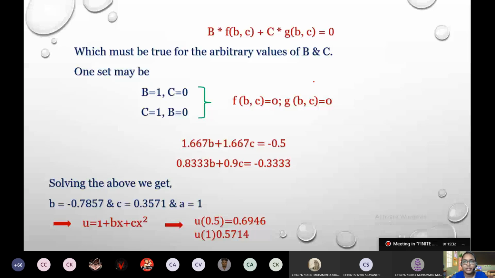I have just told you that this problem is to understand how the Galerkin method is used in solving the problem. How do we take weighting functions? How do we take the approximation values? How are specified values to be taken into account? Hope everybody understood how the Galerkin method works.